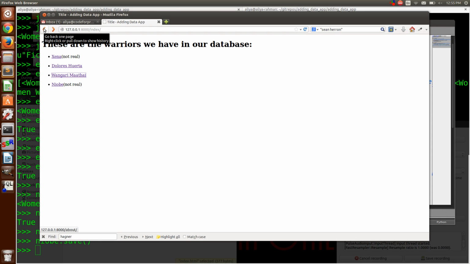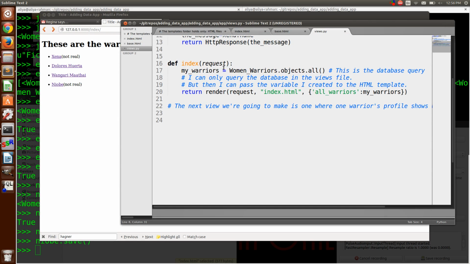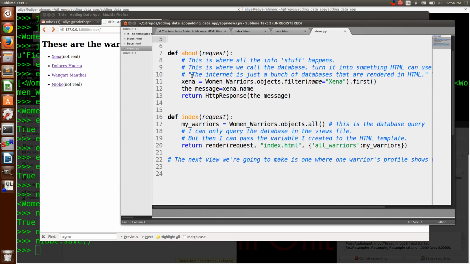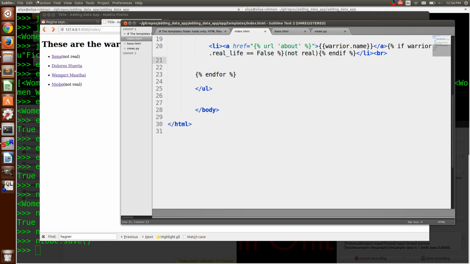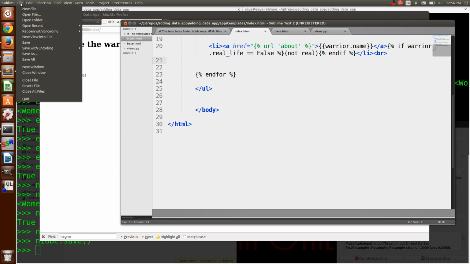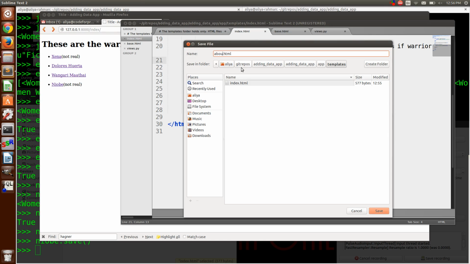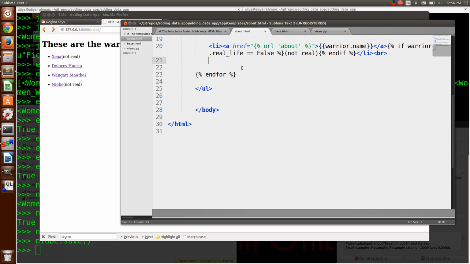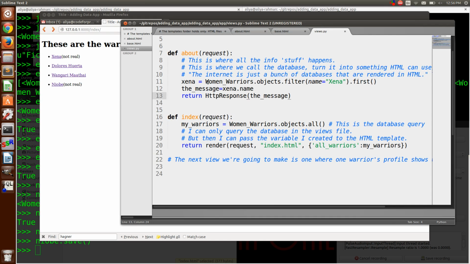Why is it saying Zena? Because remember we wrote this in here? This is what we did yesterday. Oh, okay. So first thing we should do is let's actually make a template. So let's get rid of this silly thing here and do this instead. And what I want to do is pass